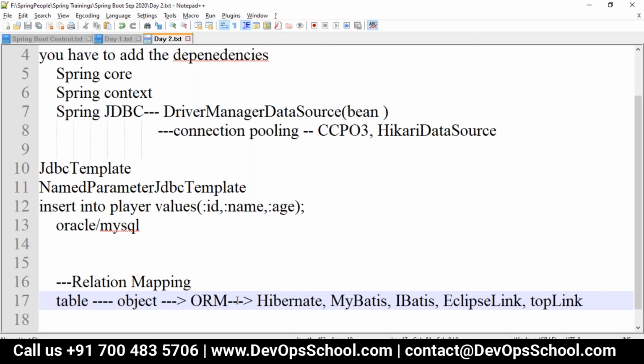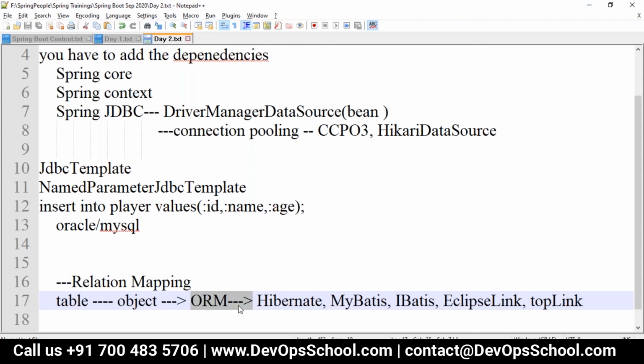These are some of the examples of ORM tools. It basically maps your object into a relation. You have an entity, and what are all the different types of relations you want to maintain in the table, or whatever the Java objects. I don't know what the table is or what the columns are, what relationships are present. I'm very good with objects, with object-oriented programming. So based on my objects, I want automatic table creation, or I have to map it to the table. Then the solution is called ORM.